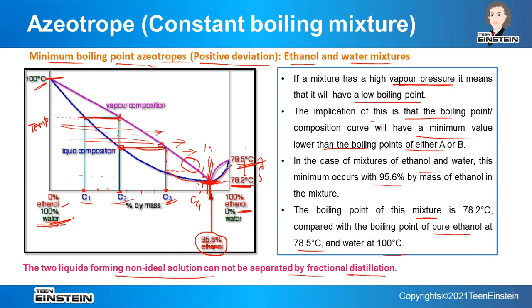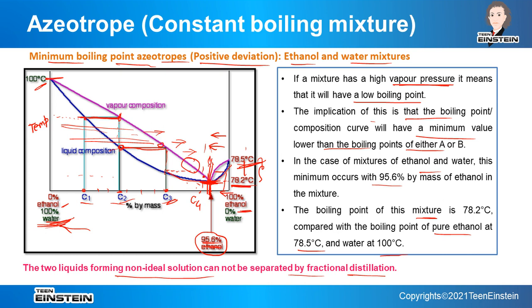Okay, and if you are starting from this point, suppose here ethanol amount is 99% and water is 1%, or ethanol is 98%, water is 2%, then what will happen? When you start here, the corresponding vapor, now we are moving towards this side, that means the corresponding vapor will have more of water because we are moving towards 100% water. So in this way,